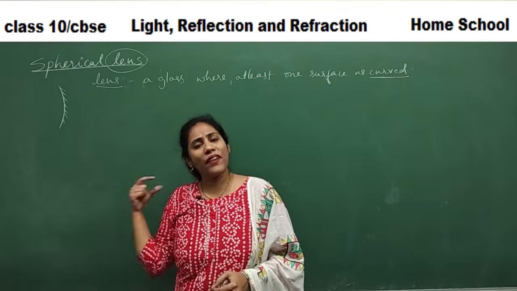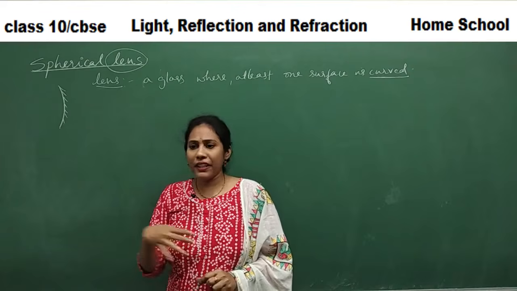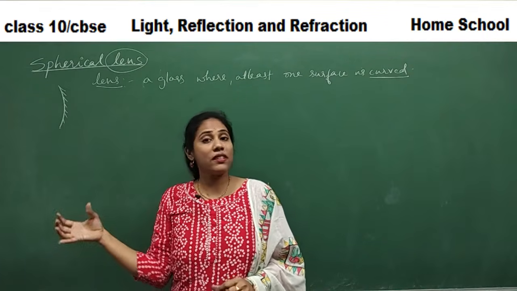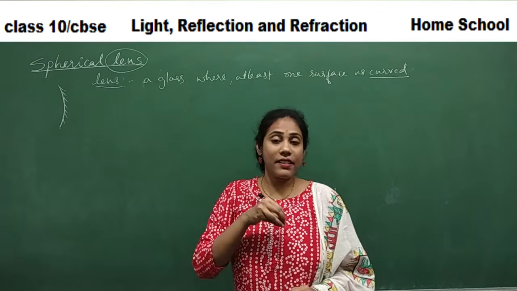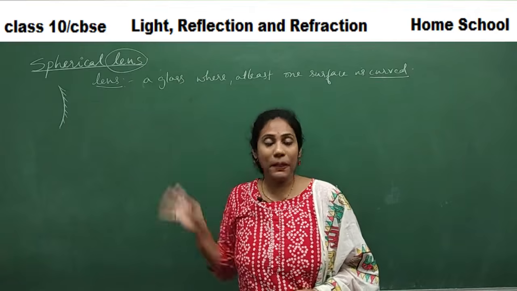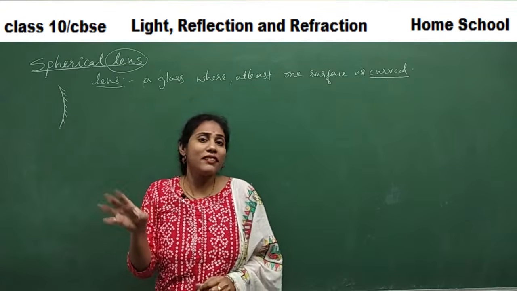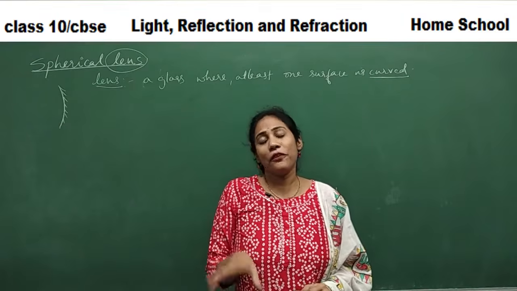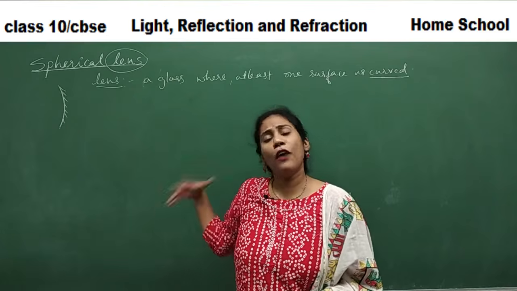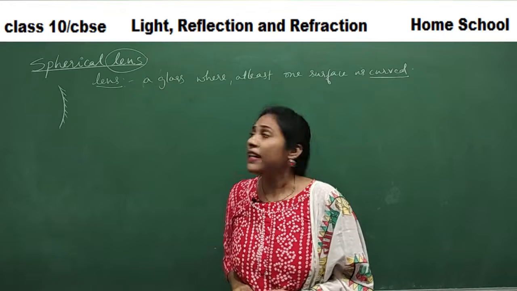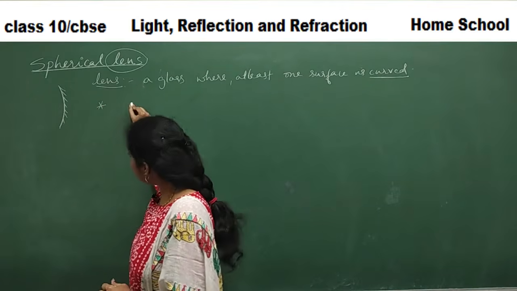Lenses are widely used in day-to-day life, right? Most of the things we use in day-to-day life, like spectacles and lenses, are used for various purposes. The type of lens that we normally use in day-to-day life is the spherical lens. Lenses are actually of different types. Got it? Say we have a lens of this category.